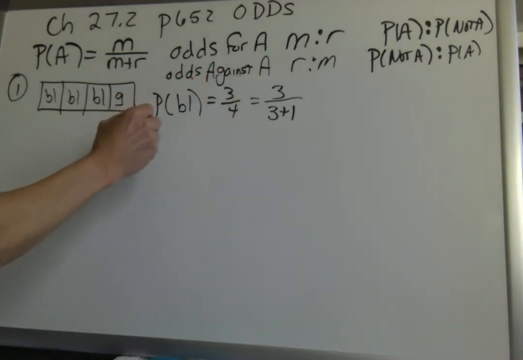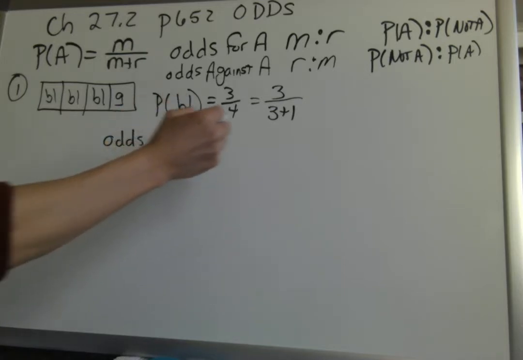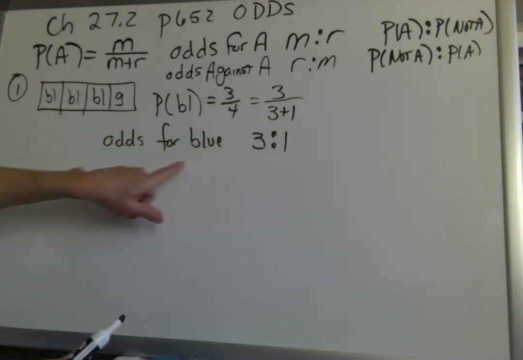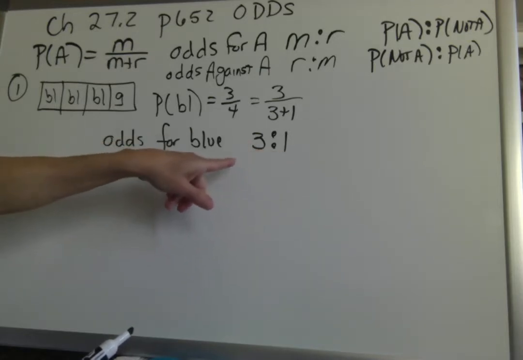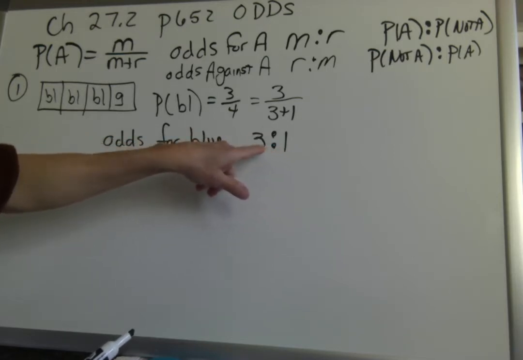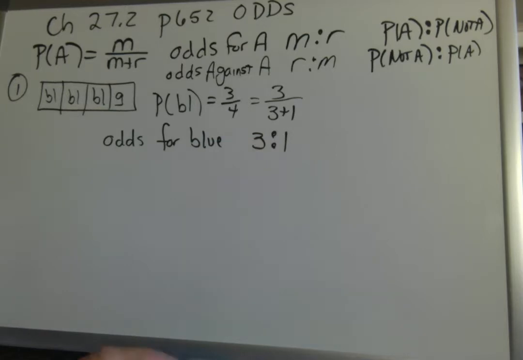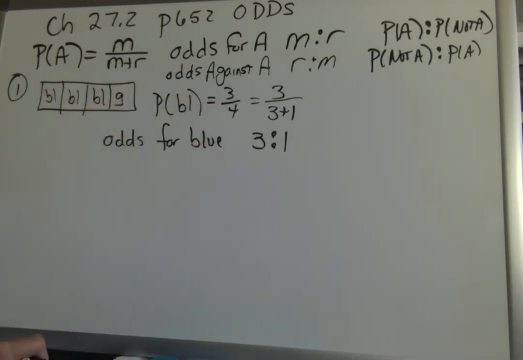The odds for blue would be 3:1. So see, look at this odds form. So many people think this is somehow like 1/3 or 3 or something like that. The odds for blue, 3:1. If you want the denominator, you have to add up the 2 sides of the odds, right, to get that 4th.